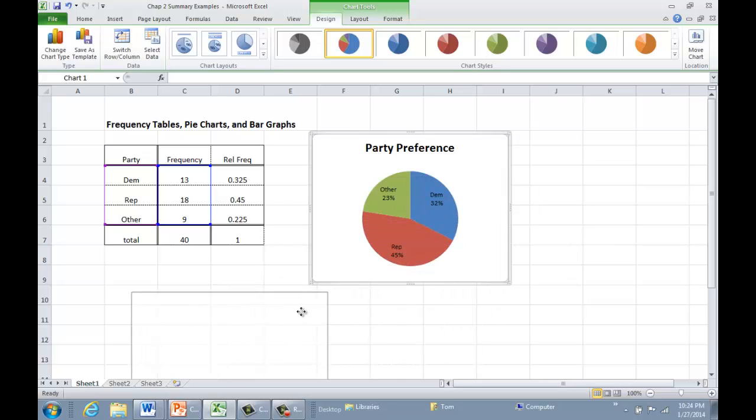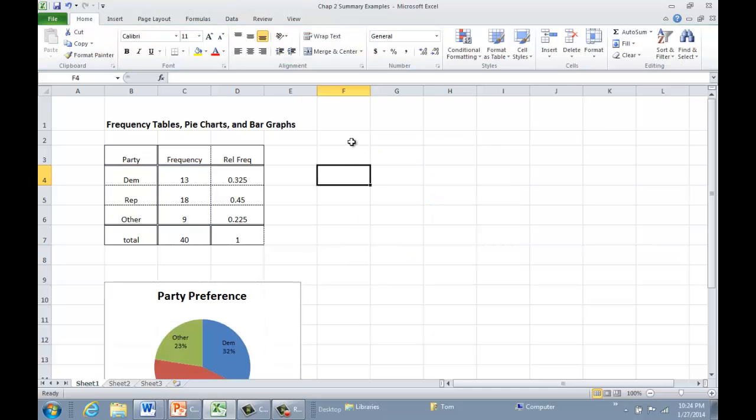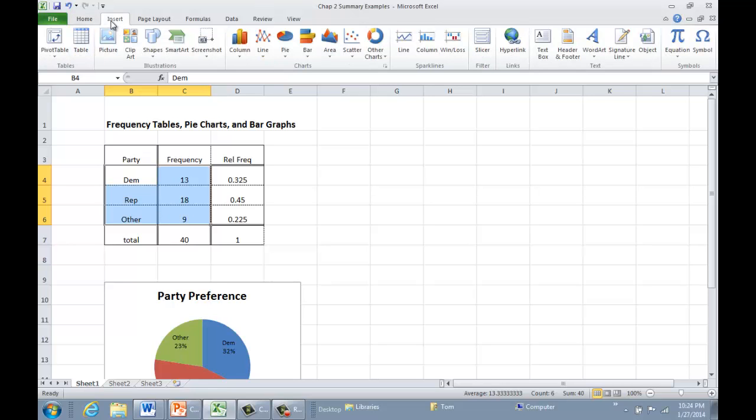Well, let's move that out of the way and let's take a look at the bar charts. We're going to proceed in the same way. So if we were starting from scratch here, we would highlight the interior cells of the table. It is important for this that we have text data for our category names and that we have numerical data for the frequency. We choose Insert,